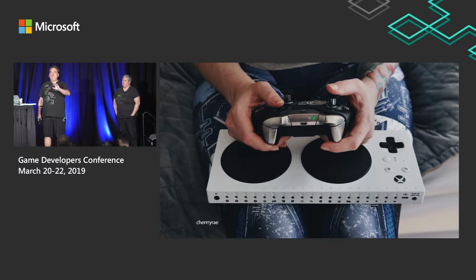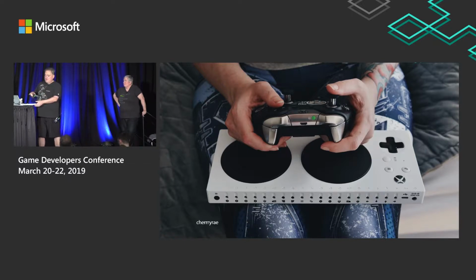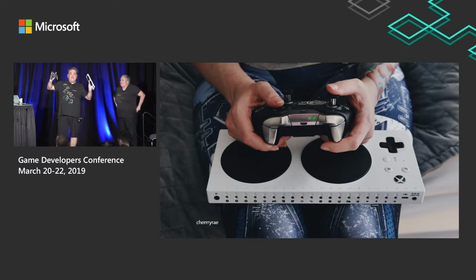Who likes doing stick presses in video games? Like, who enjoys it? No hands, right? Stick presses are hard, right? So what I mean by that is for some people, like I said before, you might not actually even have the ability to use the joystick and press it as a button at the same time. So one of the things we talked with Cherry about is that we could remap the Xbox Adaptive Controller so that these two big buttons are stick presses, and using a feature we have called Copilot, you can use these two devices together on the Xbox or Windows 10, and basically she can set these two stick presses